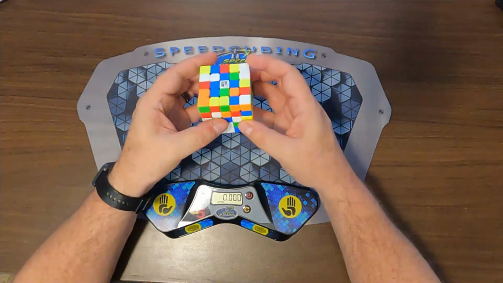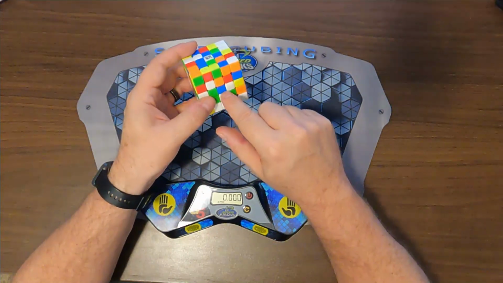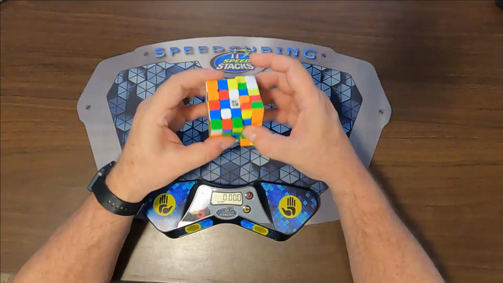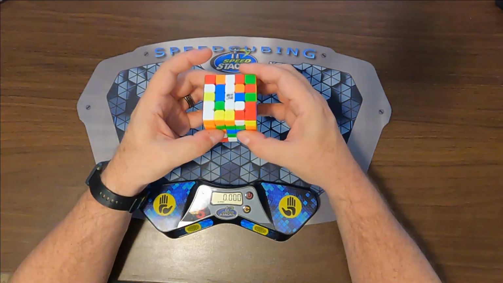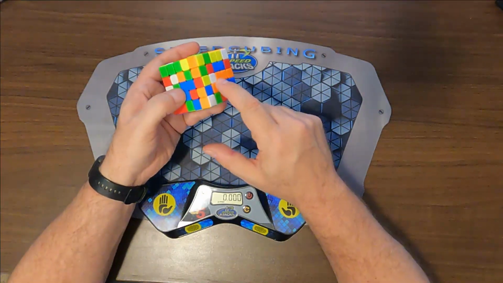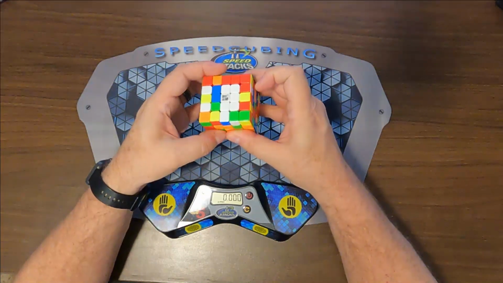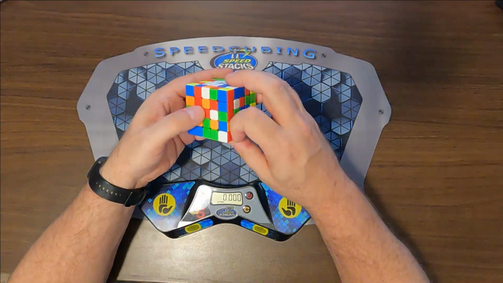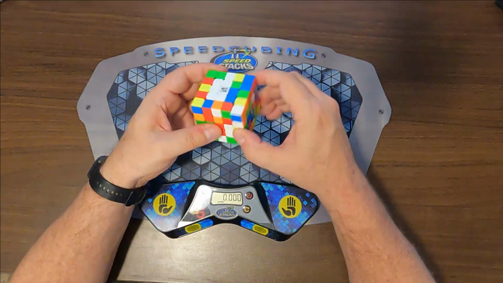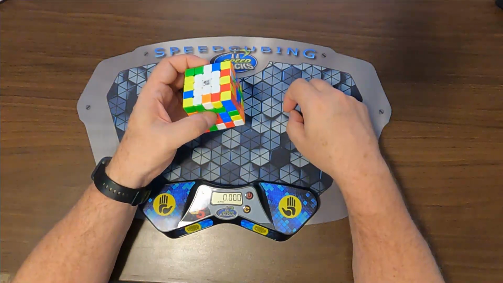Then since I'm going for speed, I see these two edges here. I'm just going to make a 1x3 here. Okay, and then I'm going to cancel into bringing this down, put that up. There's an edge right there, goes right there. Put that on top, rotate. These are nice. Combine, put those on top. I now have